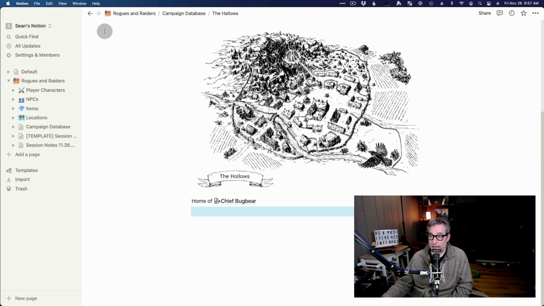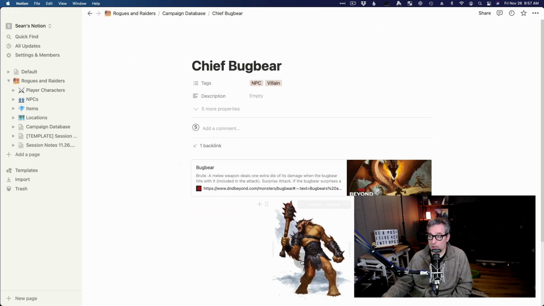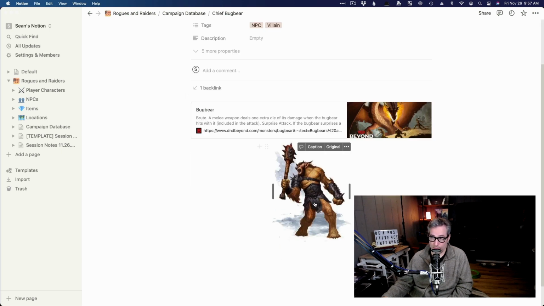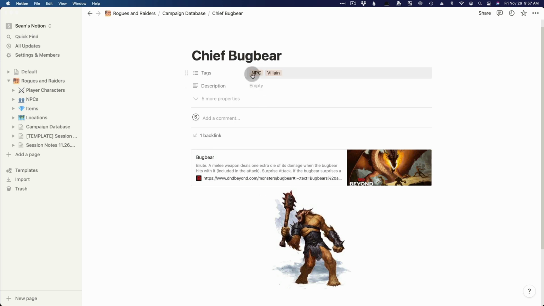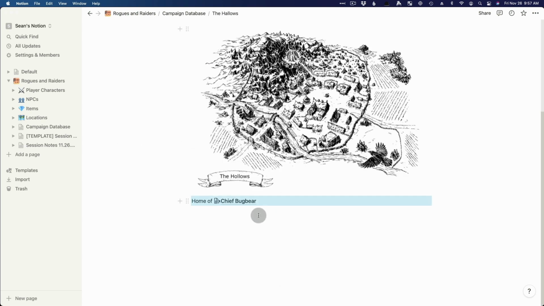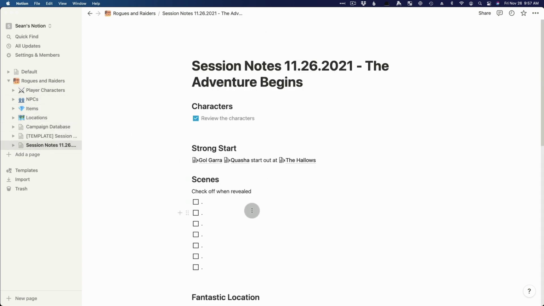Now again, I can go backwards. Click on Chief Bugbear. Read Chief Bugbear's information. Note that he's an NPC villain. Here's the stat block. Also, Chief Bugbear has a backlink. And he has a backlink to the Hollows. So I can go there. And obviously, we can always navigate based on the left-hand nav. Going back to session notes, if we ever get lost,